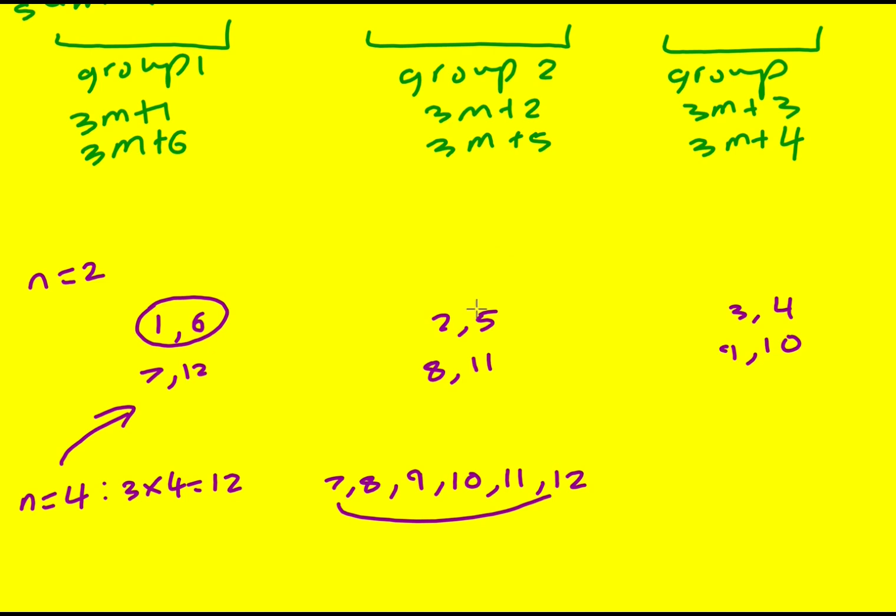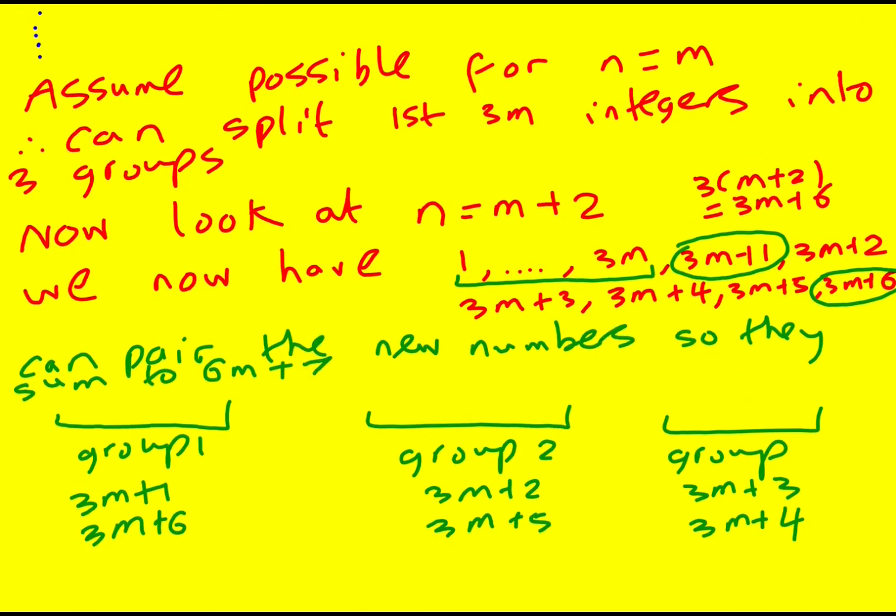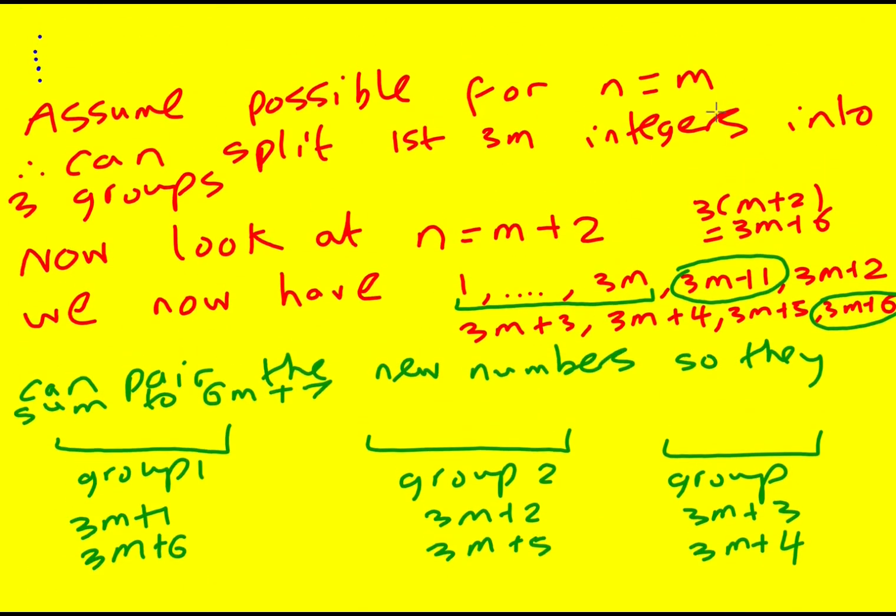So because the sums were equal at the beginning, if I simply come along and add these new 6 numbers but pair them up so that their sums are the same, 19 in this case, then I will still have 3 groups that have the same sum. That's what I was trying to explain here. I was just saying it's true if it's true for n equals m. By the way, we've not shown that exactly because we know for some n it's not true, but we'll come back to that. If it's true for n equals m and we can split them into 3 groups, then